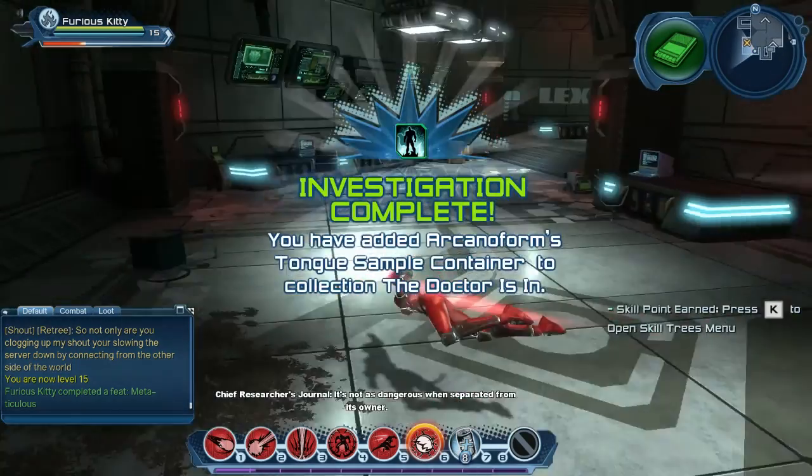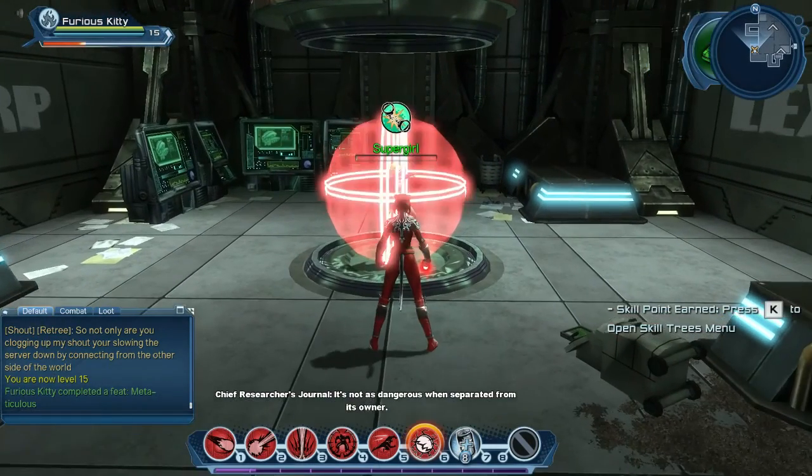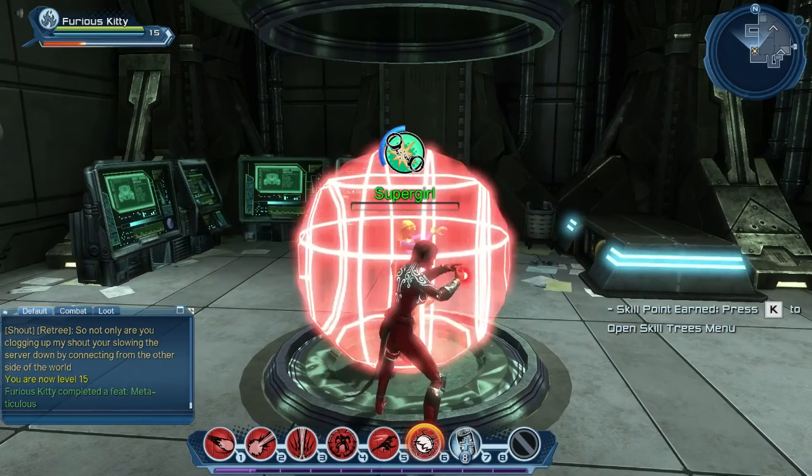Let's get this final one. Chief Researcher's Journal. It's not as dangerous when separated from its owner. And...